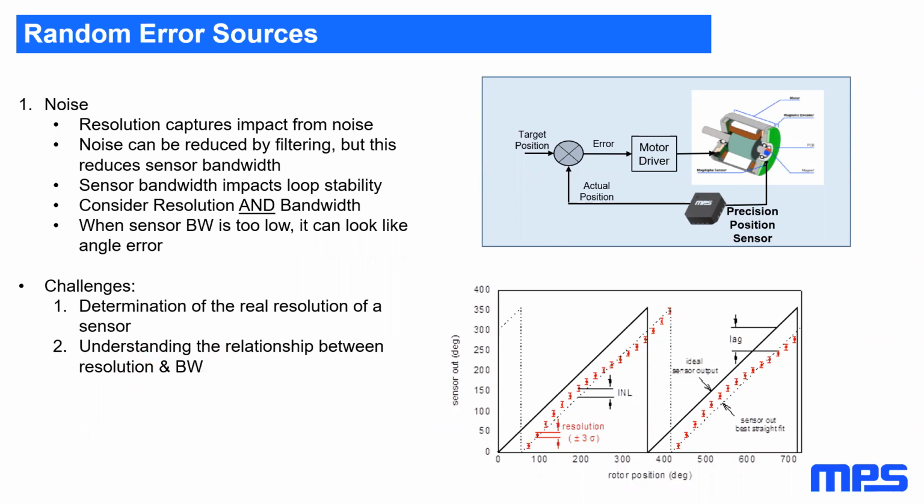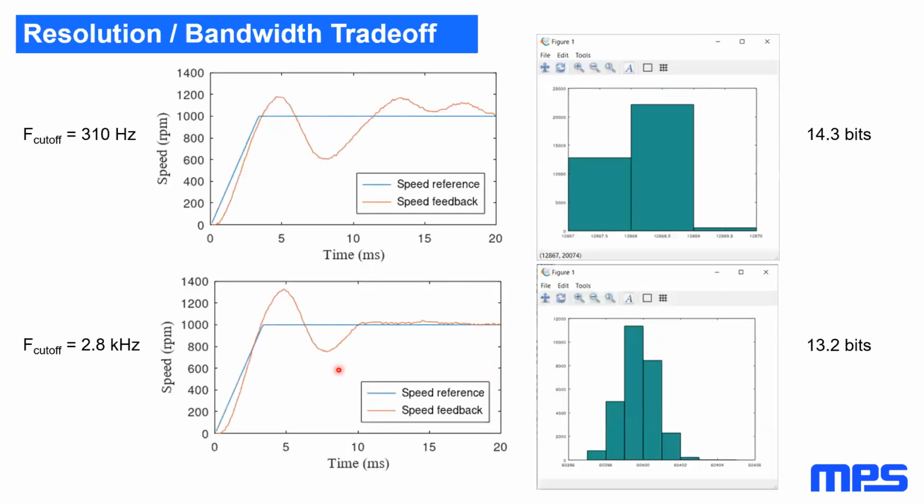So let's take a look at a quick real example. So I've got a system here that is trying to track speed. So we're in speed control, and we're going to accelerate from 0 to 1,000 RPMs and then try to hold steady at 1,000 RPMs. The blue line is the line that we're trying to control to. When I set my cutoff frequency of the sensor to 310 Hertz, you can see that you get a significant